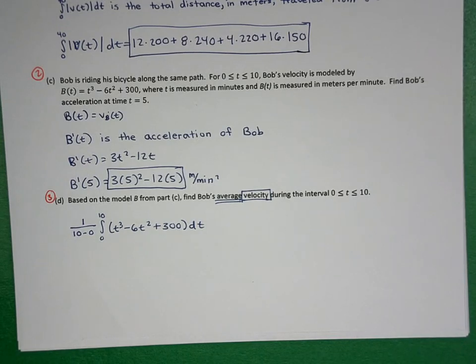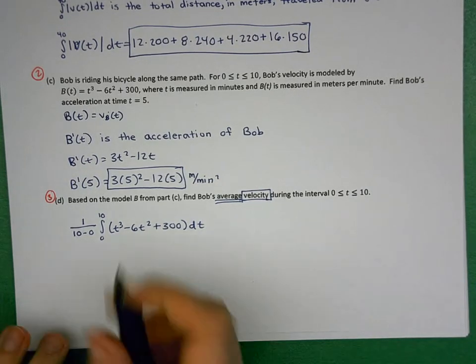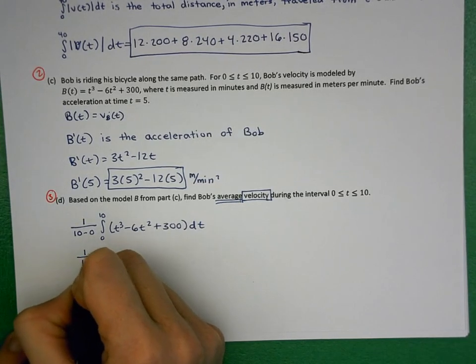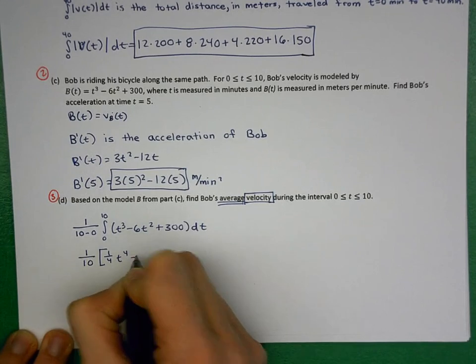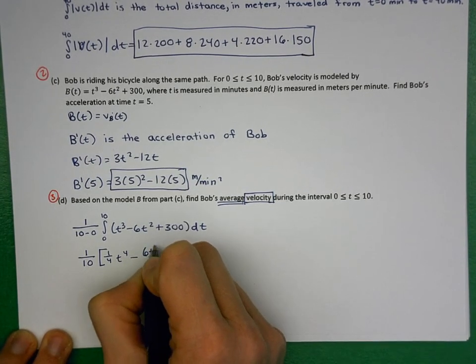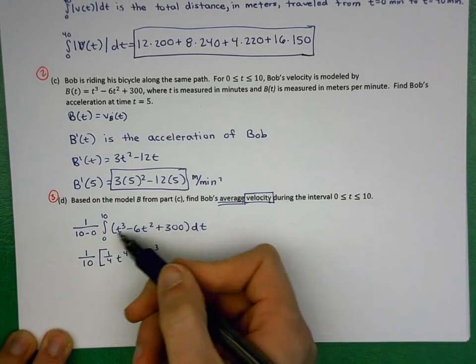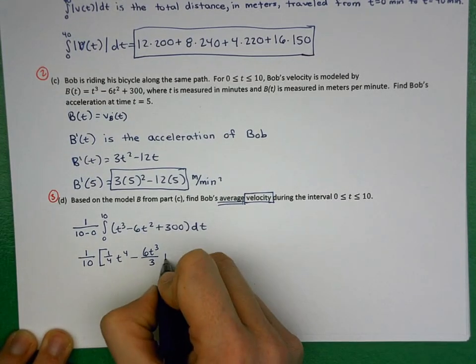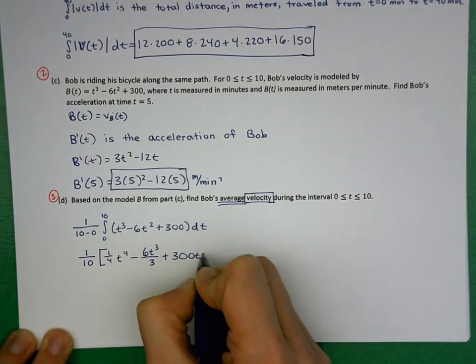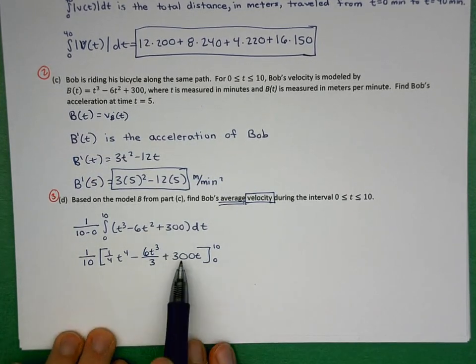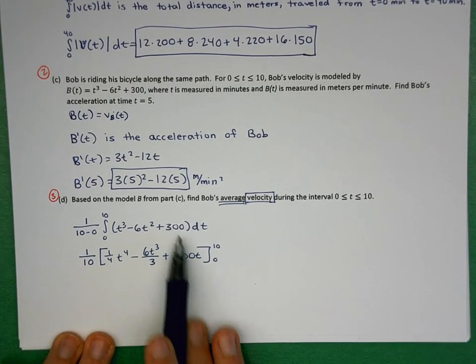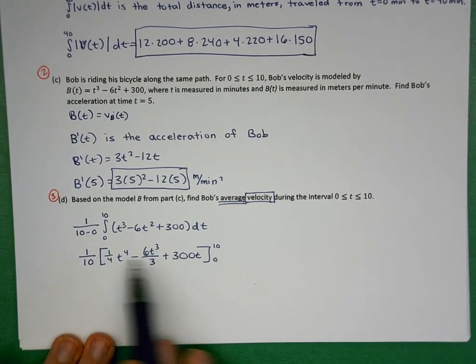Second one then comes from your antiderivative, which means taking that integral. So t cubed is 1/4 t to the 4th. We have 6t cubed over 3, right? Adding 1 to the exponent, dividing by the new exponent, and 300t. And then your third point comes from your answer, which is now plugging in the upper minus plugging in the lower. I know a common mistake for people a lot of times comes from this back one, although if you made an error at any point in your antiderivative, this would be true, what I'm about to say, which is